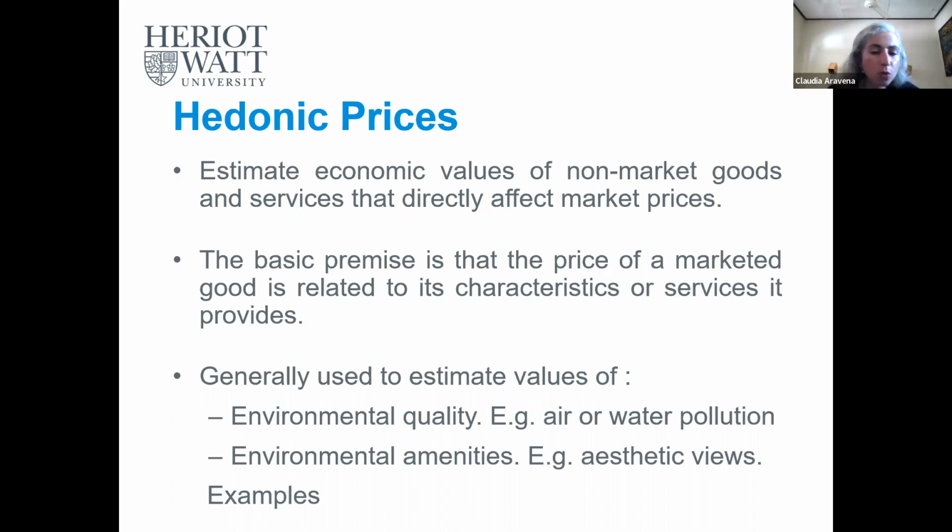For example, for environmental quality, we have air or water pollution. For environmental amenity, we have aesthetic views. An example of this would be what I was telling you before about the price of property: how much the property price of a certain area changes when the area is polluted or not polluted. If it is polluted, people will not like to live there, so the price of their properties will go down, and that change between the original price and the new price after pollution is considered the value of the impact. Okay,